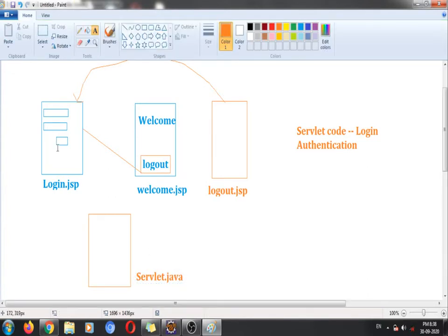Whenever the user clicks on this login button, first of all, control goes to the server, and here it is going to check the servlet .java file. From here it is going to perform the authentication.